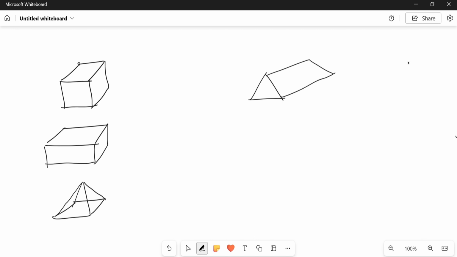The prism is a triangular prism we are going to see in this, and also a cylinder. So today we are going to see these shapes, how to find the surface area